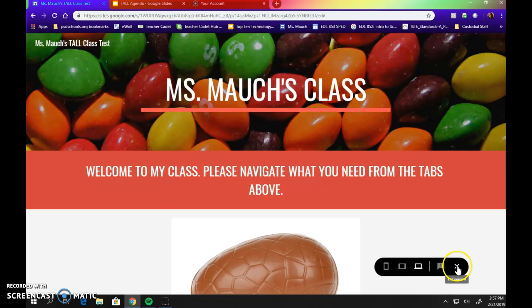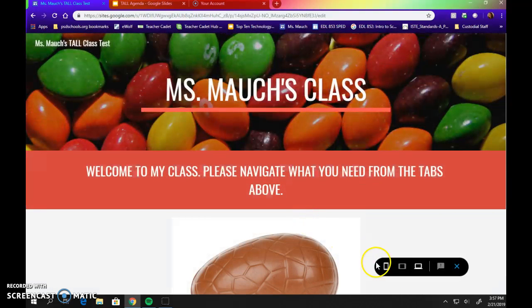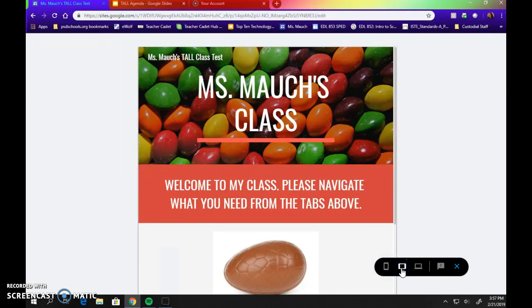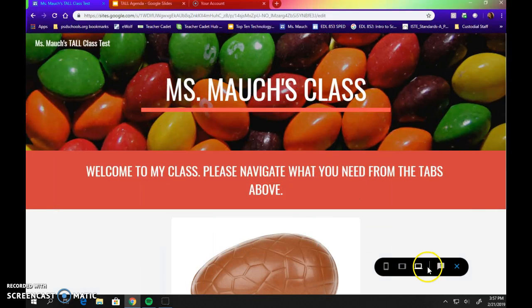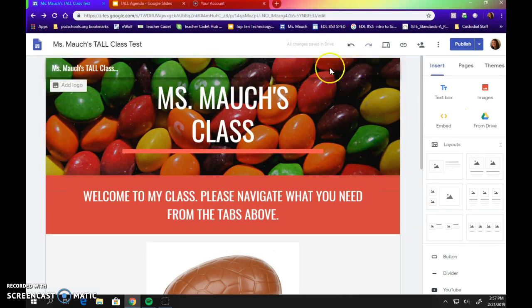So to leave preview mode, you just push this X, and anytime to go back to preview mode, you click this little computer and tablet, and it will allow you to preview it in a cell phone size, a tablet size, or a laptop size, so you can see what it would look like no matter what type of device someone's accessing things from. To add a new page across the top, you're going to click Pages over here,